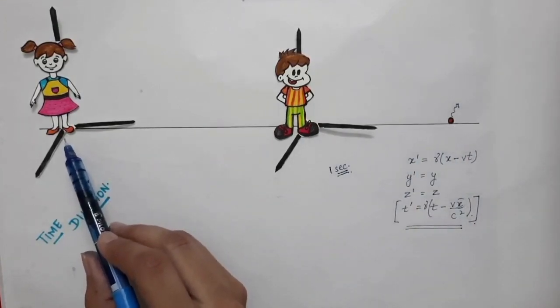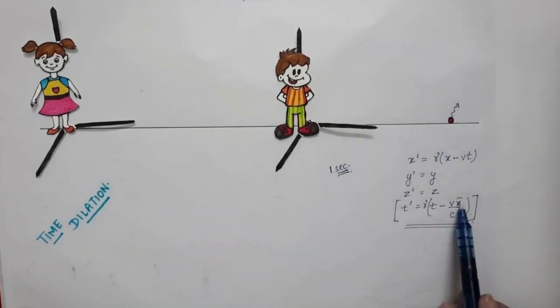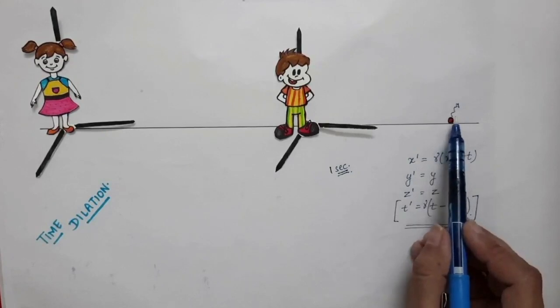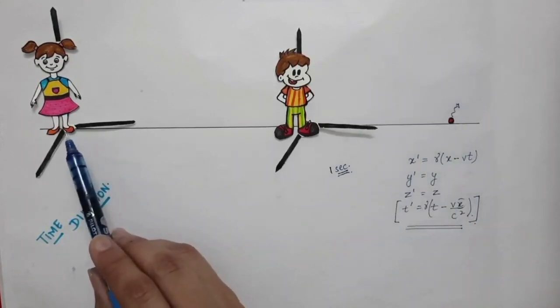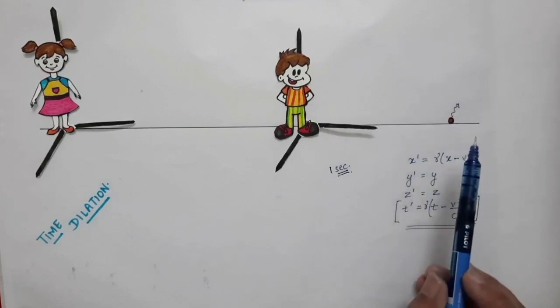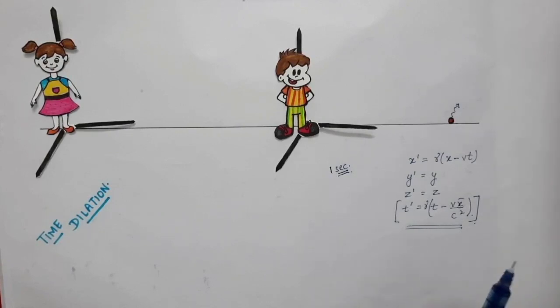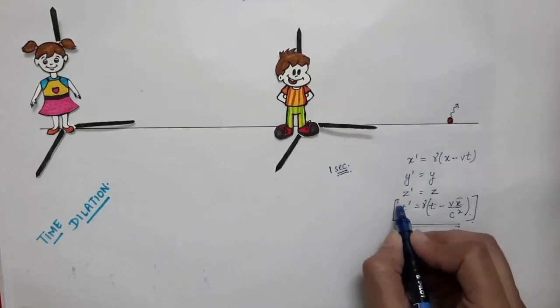With respect to the sigma frame, the coordinate is the same. So x will be the same for the two events with respect to the sigma frame. With respect to you, the coordinates of the two events occurring will be the same. So x1 will be equal to x2 in this case. Therefore, those terms will cancel with each other, and we are going to see how they will cancel. So we are going to use this equation.